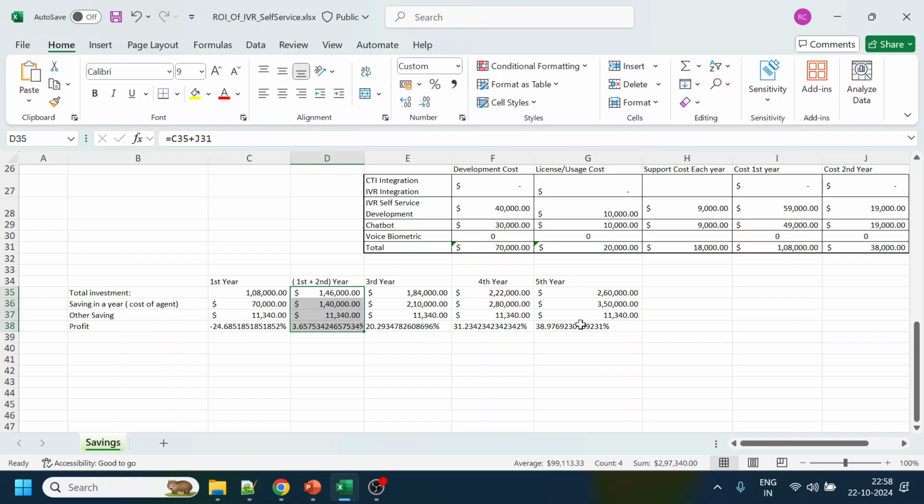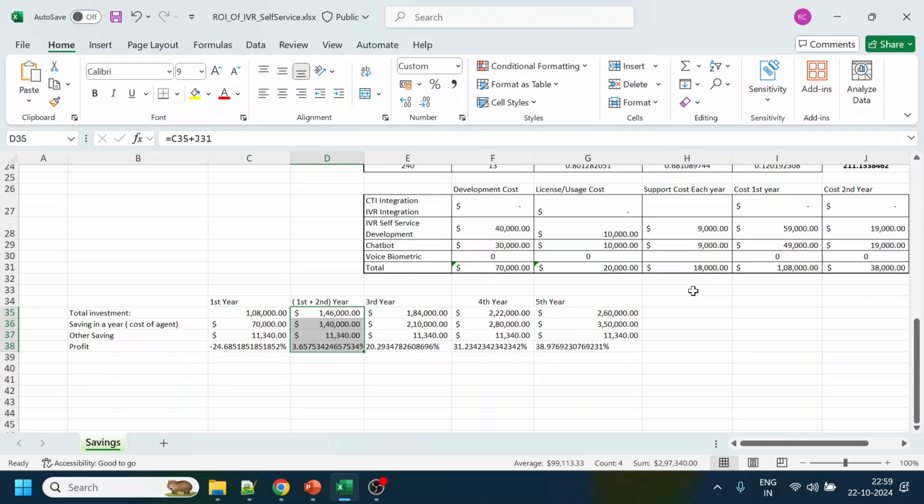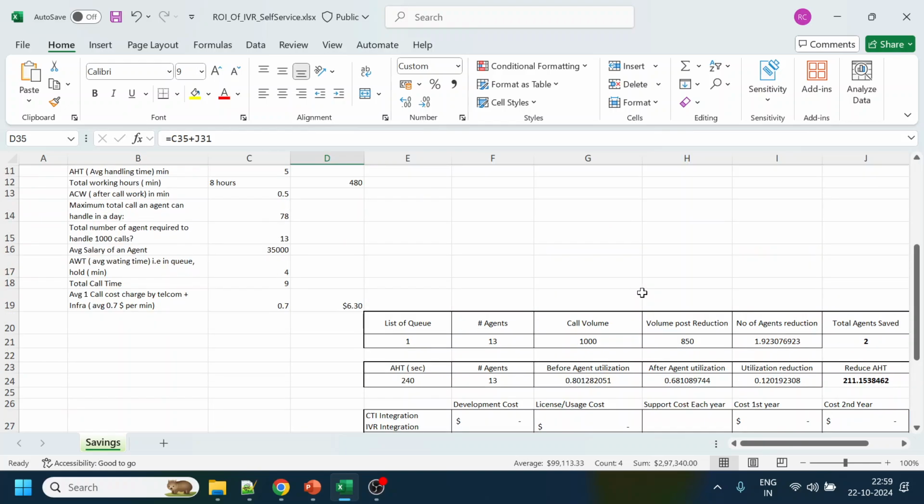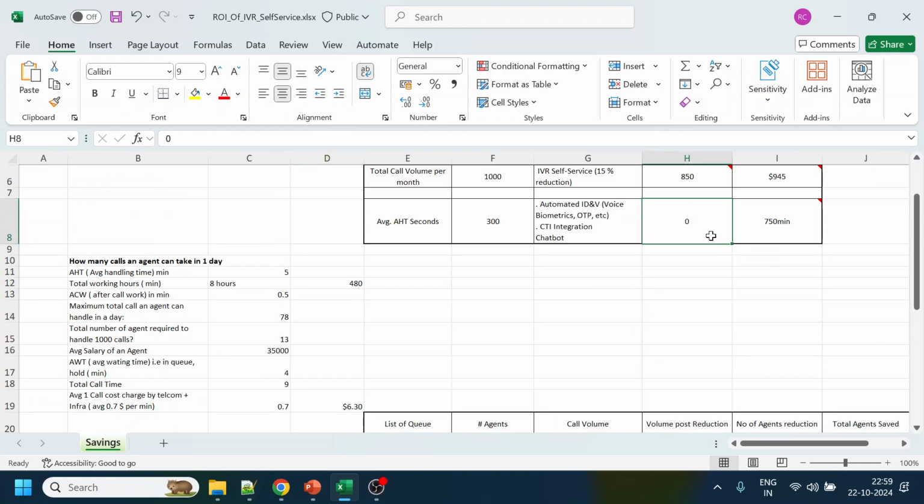And from the second year, your contact center cost, let's say it was around $1,000 earlier, and after your investment of $100, from the second year it becomes $950, right? And in the third year again there is less cost involved, and so forth. It reduces the cost for you, right? So again, one more factor that I want to mention over here: if you include, let's say, a chatbot channel,